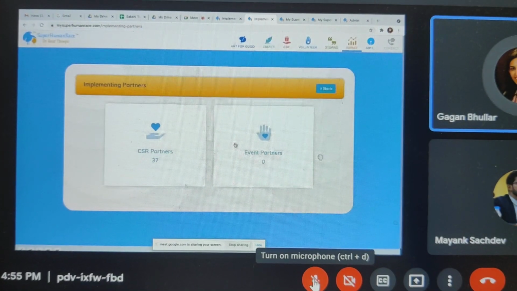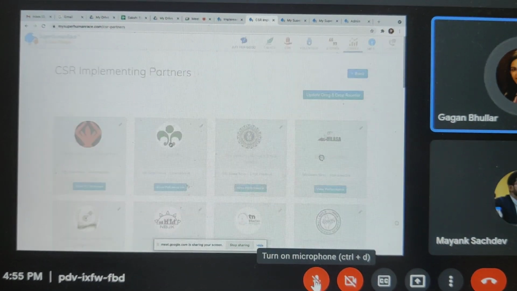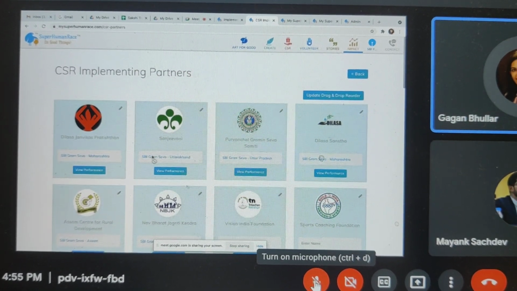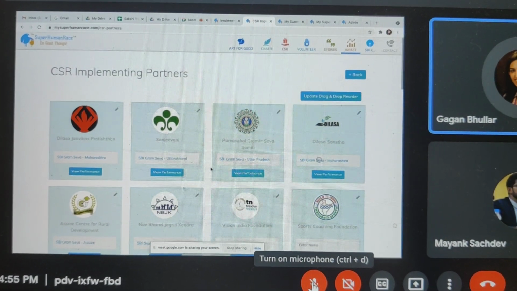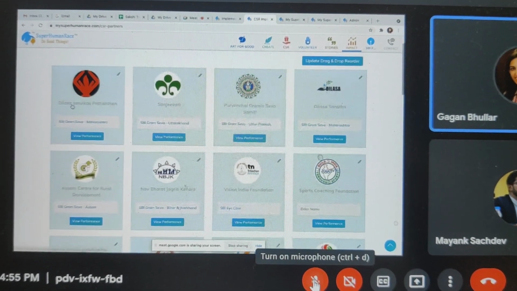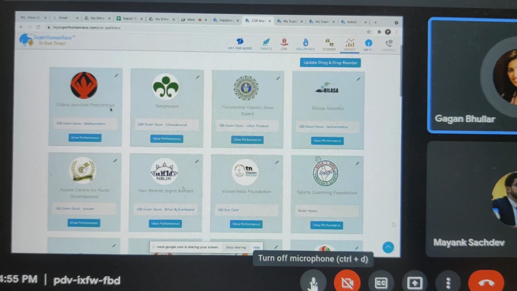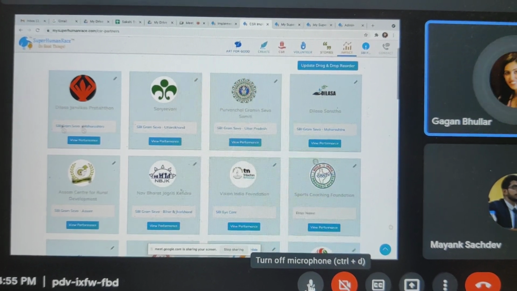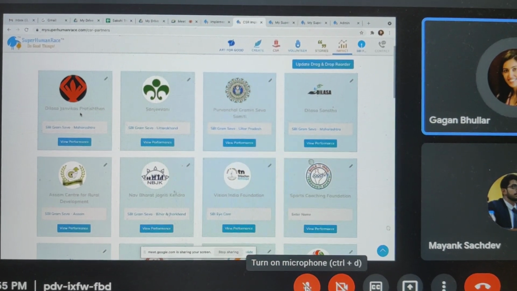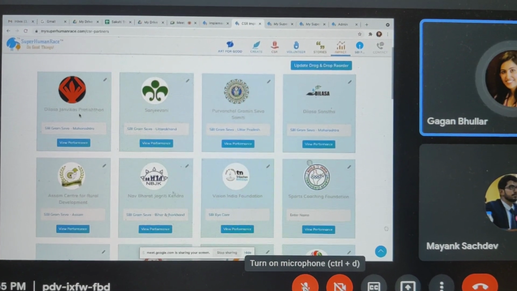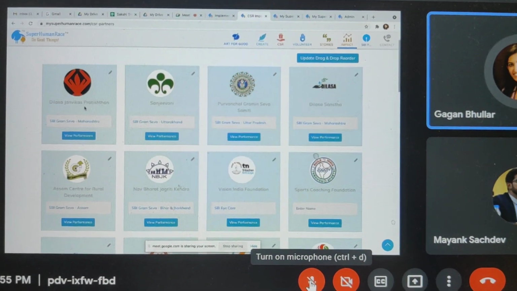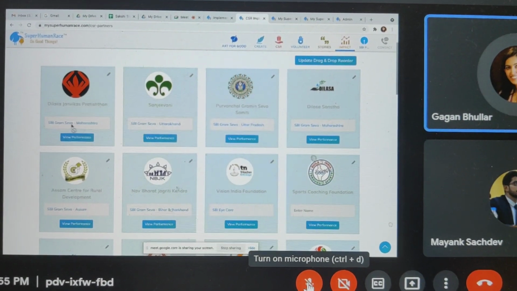So here you could have implementing partners for events as well as CSR or just for CSR. And then all of these partners, you're actually able to give them custom names also, which in this case they've done because it helps them to find them more easily. So say this is the name that appears for the organization automatically, but sometimes, for example, Mahindra's Nanhi Kali, the name of the organization is KC Mahindra Education Trust, but they are more popularly known as Project Nanhi Kali or Nanhi Kali, PNK or Nanhi Kali.